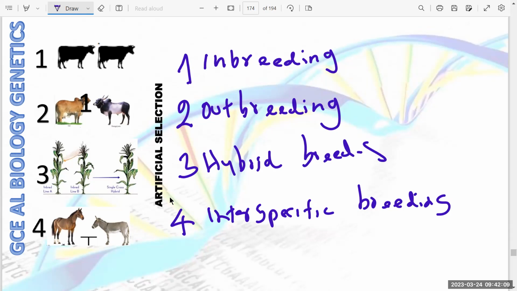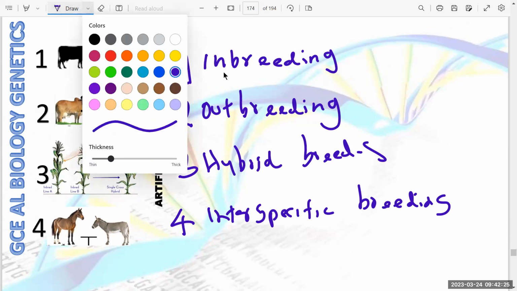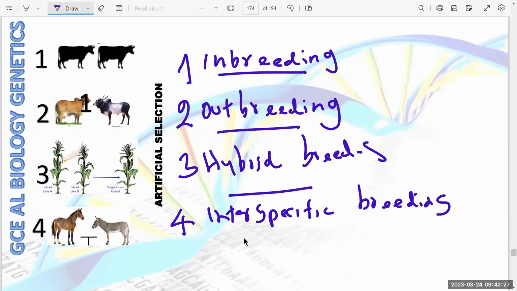So we take one by one and we try to understand how they do it, what is the principle of breeding, and what is the disadvantage and advantage of breedings. Okay. We start first